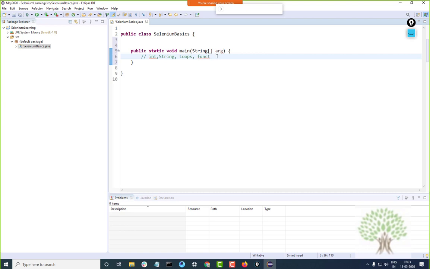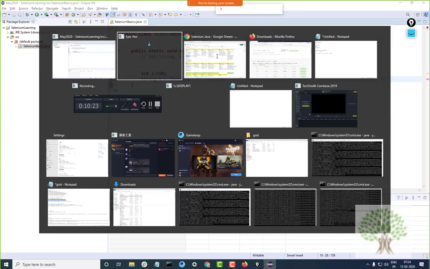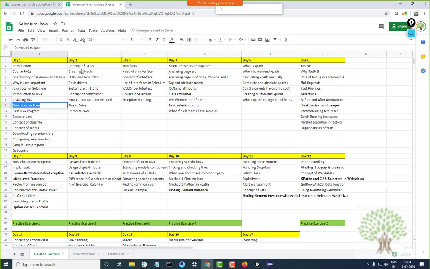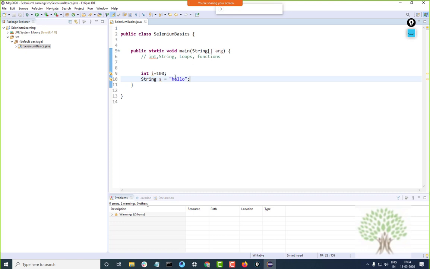I cannot start from the very basics because there are a lot of things to be done. My basic motive is to start off with object oriented programming, but I'll come to it gradually.